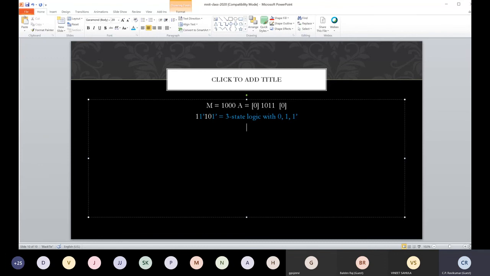So normally if I give you 1011, you will write it as 1 times 8 plus 1 times 4 plus 1 times 2 plus 1 times 1. Are you with me? See, the weight for this is 8, isn't it? The weight for this is 4. The weight for this is 2, and the weight for this is 1. So when I add everything, I'll get 8 plus 2 plus 1, that is 11.